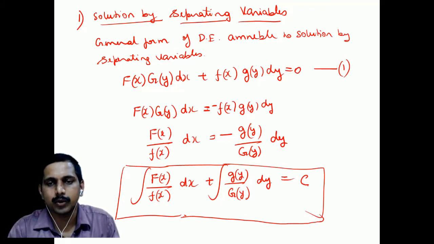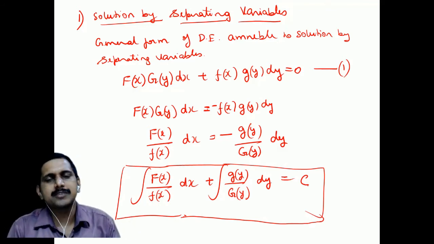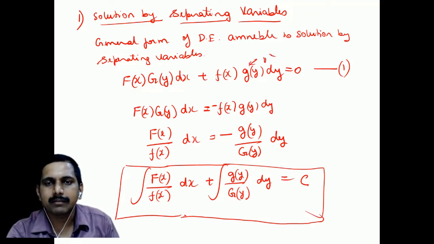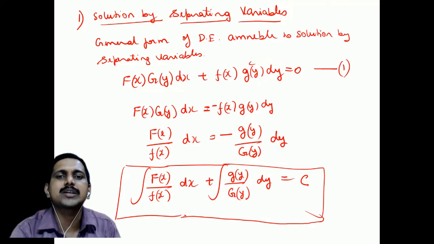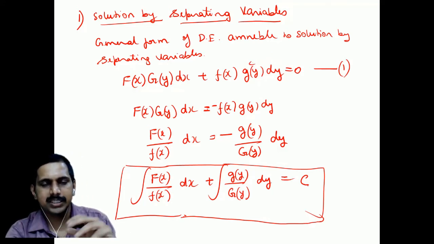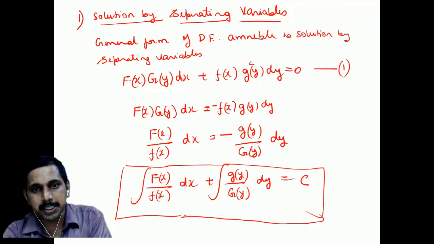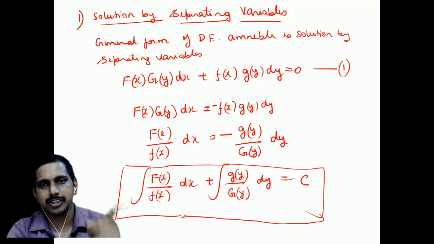What is the degree of this? What is the order here, students? First order. There is no d square y by dx square here, so it's first order only. Linear or non-linear? This is linear. There might be a case where it is non-linear. Why? Here, if g of y becomes y square, it becomes non-linear. So I am considering linear as well as non-linear differential equations. In variable separable type solutions, it is possible to solve a non-linear differential equation also, provided it is first order.